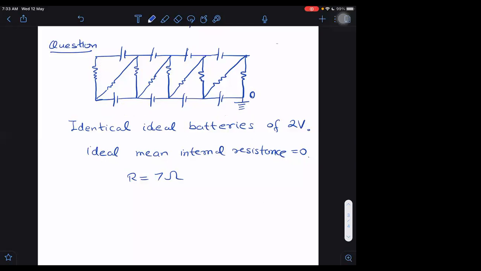What next? What is your next step? If we go left side, 2 volts. Now, the main aim is to determine potential at these points, all the nodes. If we are able to determine potential at all these points, then we can get the answer very fast. 2 volt, 4 volt, 6 volt, 8 volt. We already know these 8 volts. These are not unknowns. These are already known to us.